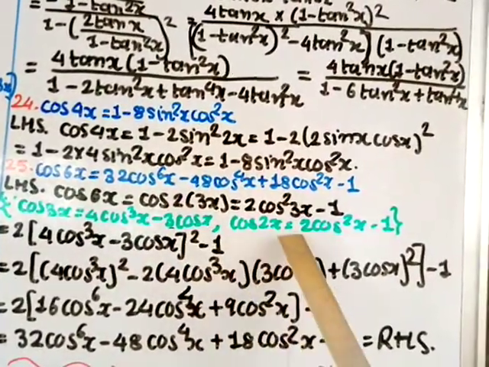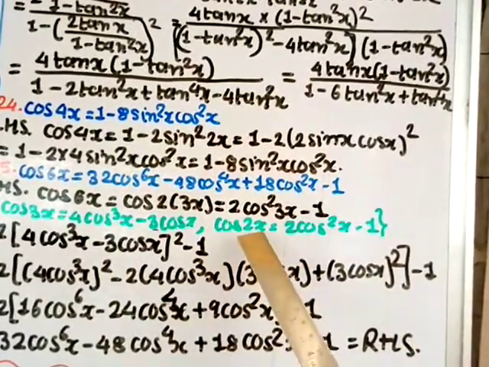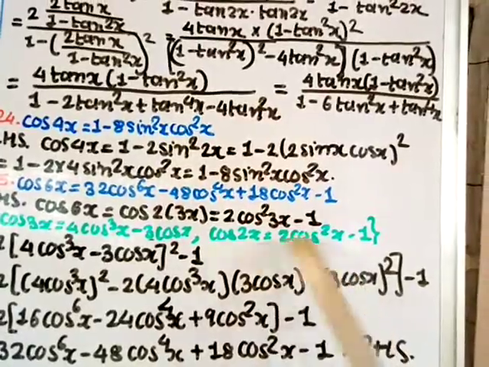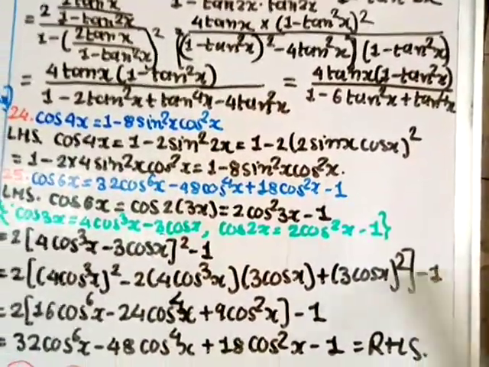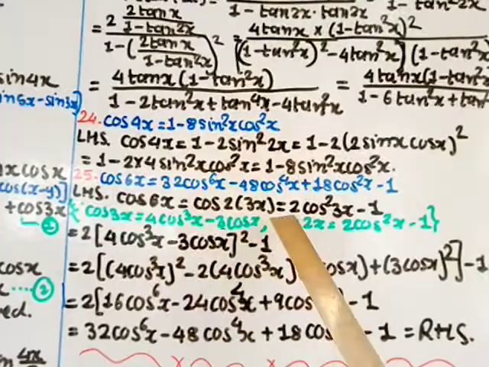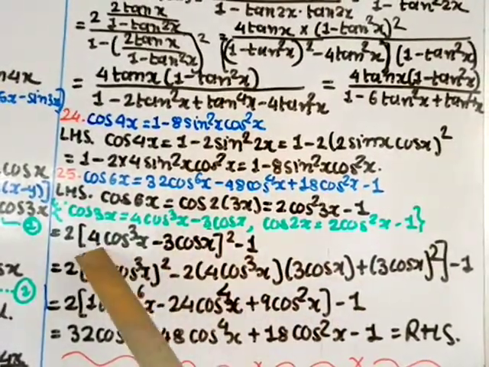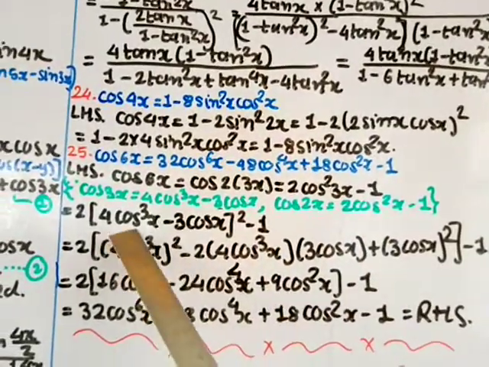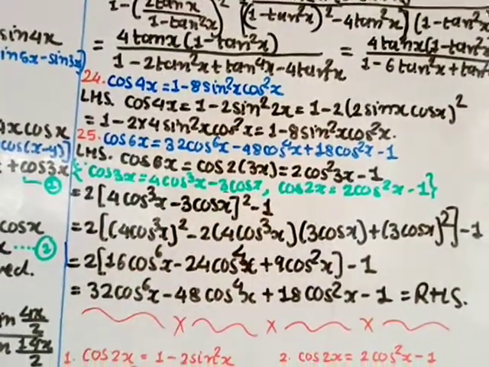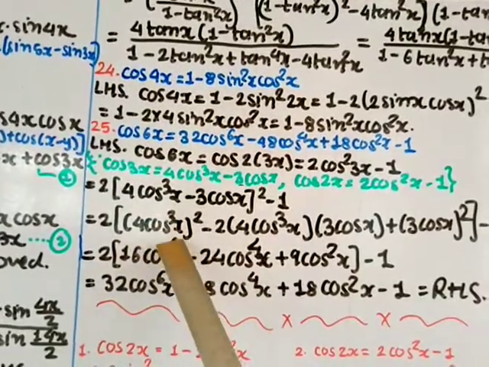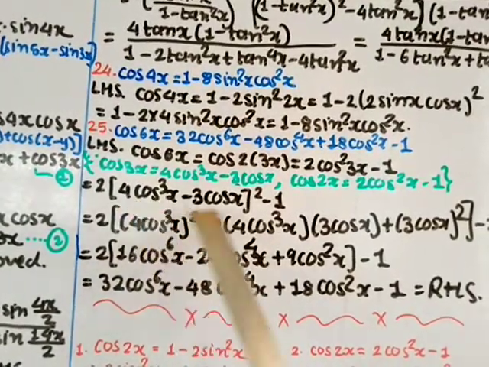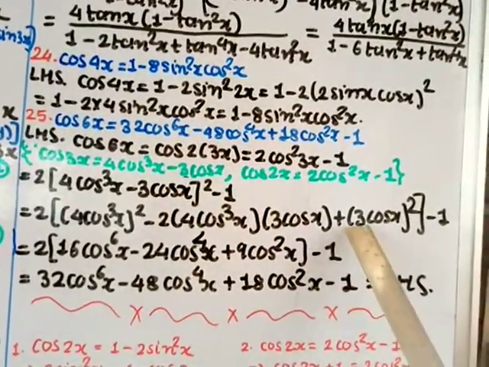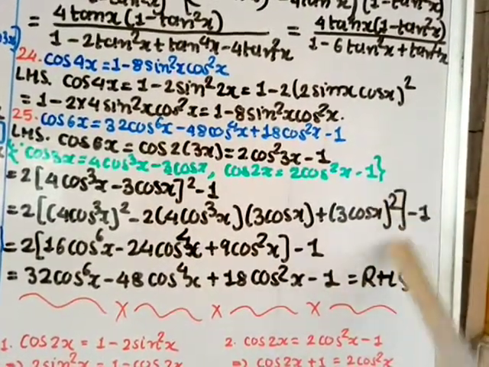Cos 2x equal to 2 cos square x minus 1. So instead of x here it is 3x, and 2 remains, 2 is from the formula. So I put the values now, 2 and cos 3x as this value, 4 cos cube x minus 3 cos x, but this is a square, so square, and this minus 1. Now expand (a minus b) whole square using the identity. So 4 cos cube x whole square minus 2 times first term 4 cos cube x into second term 3 cos x plus second term square, that is 3 cos x whole square, minus 1, close this bracket.